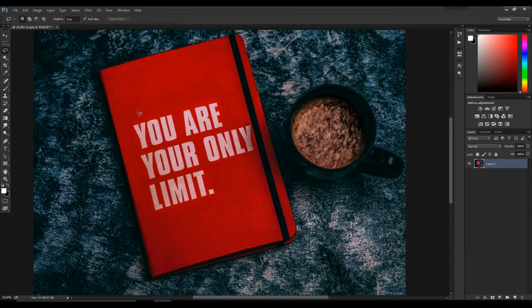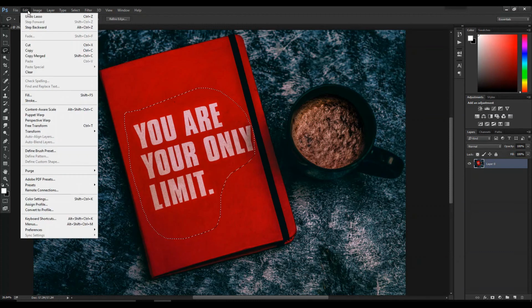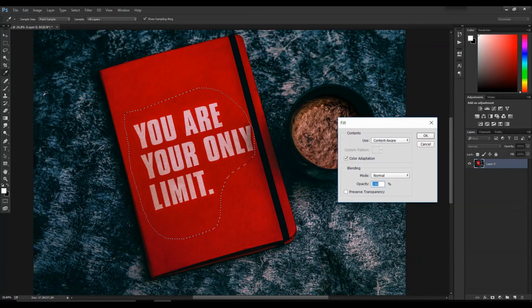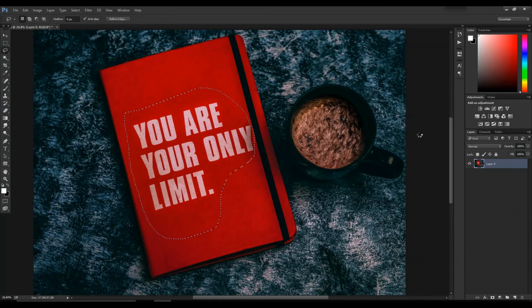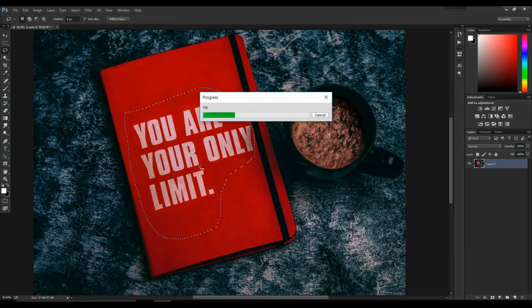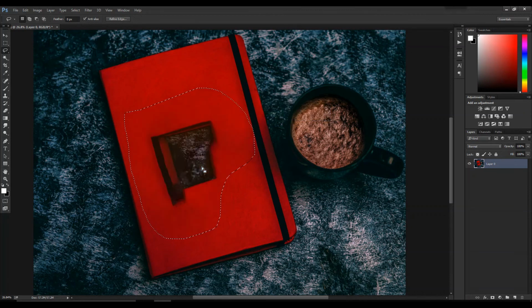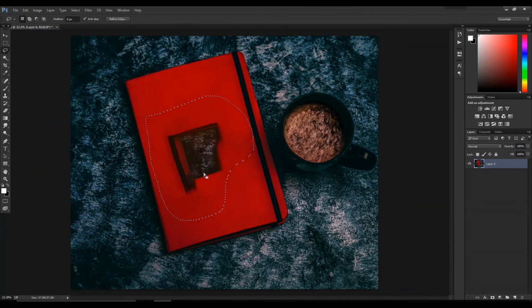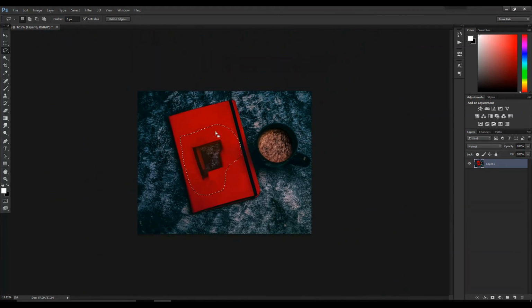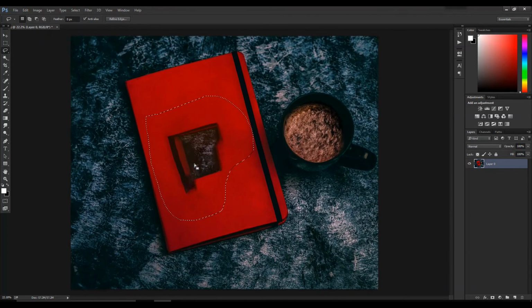Let's say in this particular image I want to remove this. If we simply use the content aware tool in this particular method, it will erase the part which we didn't require, but it will not pick this particular red color because there is variation in this red color. If you can see, it is a lighter, darker version, and this is merging with the background as well. So in such cases, let me show you what we can do.